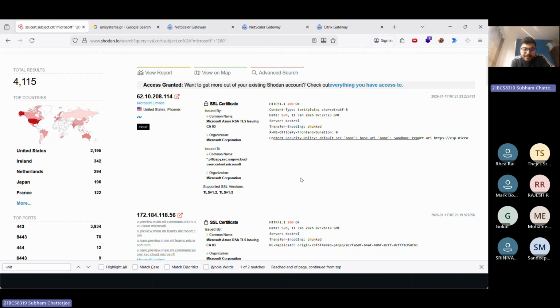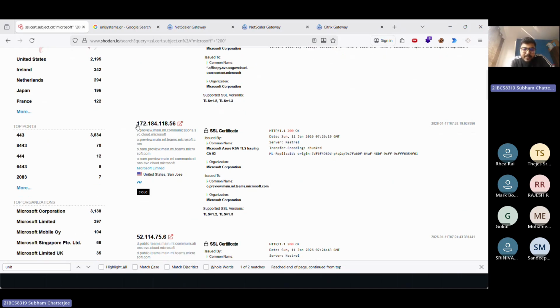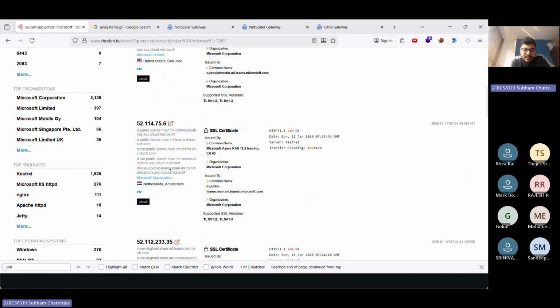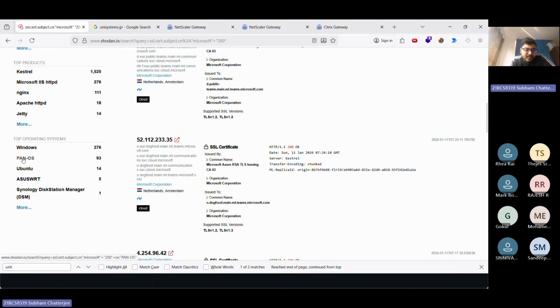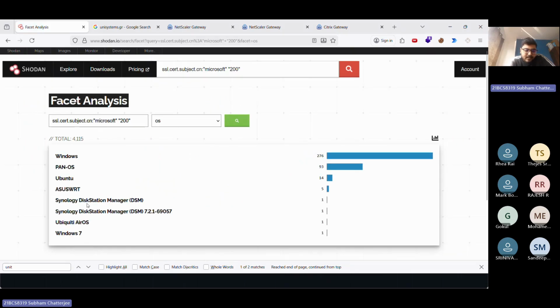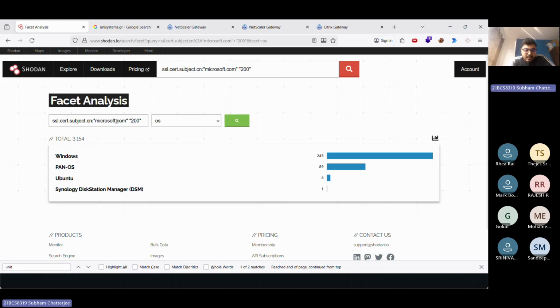Like there are multiple websites, their actual domains that you can check. Here you can check Microsoft and all its assets. But guys, whatever you do, properly disclose everything, right? As you can see, for Microsoft there are some PanOS, some Ubuntu, some Windows, some Airways and Synology data. Every structure is present there. You can also search for Microsoft.com. Let's say you try to search for Microsoft.com. Yeah, you will see that there are 89